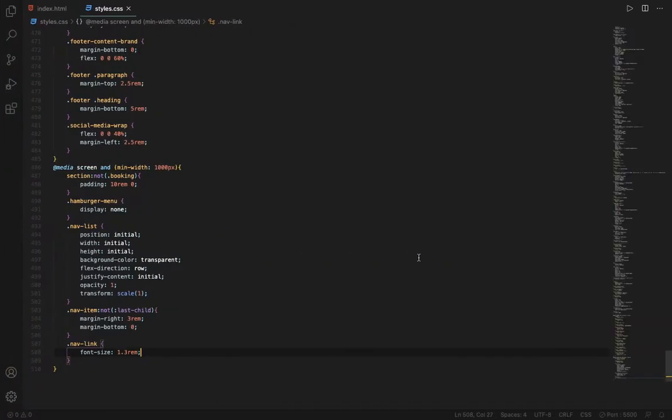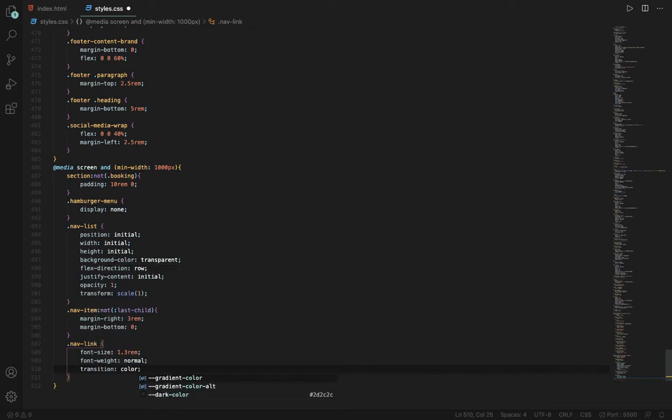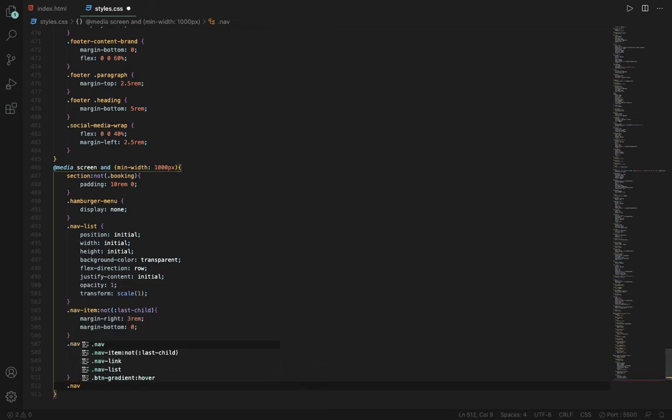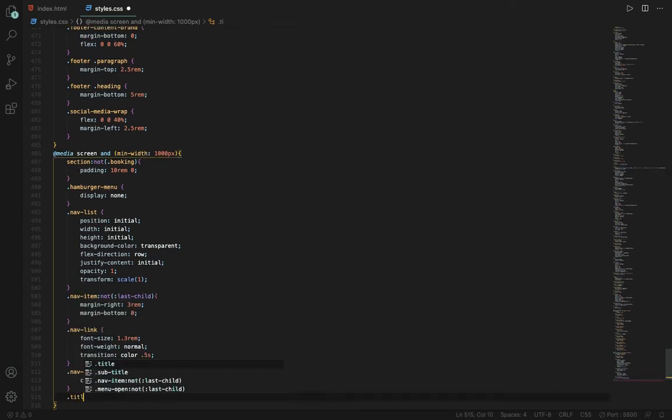So now they become smaller. Then font weight of normal, and I will say transition color 0.5 seconds, and simply say .link:hover, color to yellow. And now after this I will say .title